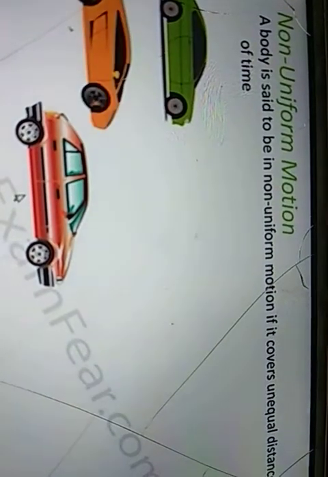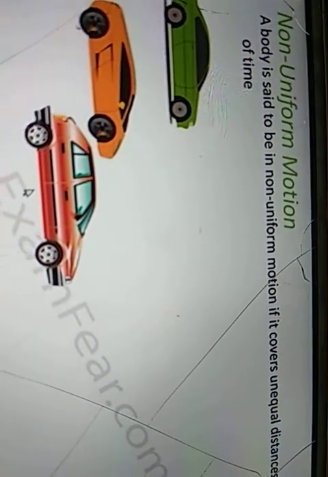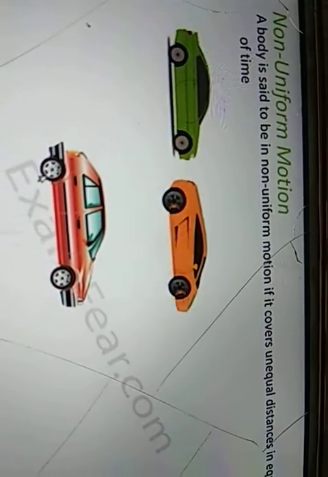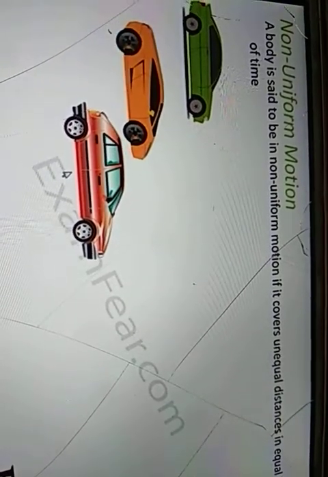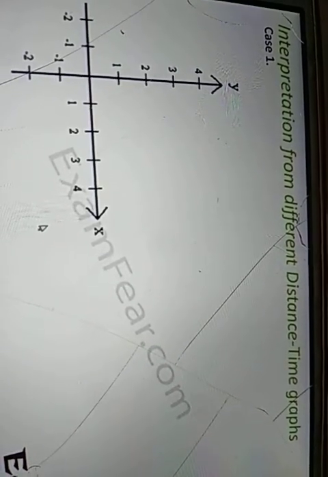I hope you all have understood the difference between uniform and non-uniform motion. So non-uniform motion is also clear to you. A body is said to be in non-uniform motion if it covers unequal distance in equal intervals of time. Now that you know what uniform and non-uniform motion are, let us look at the different distance time graphs and see what kind of information we get